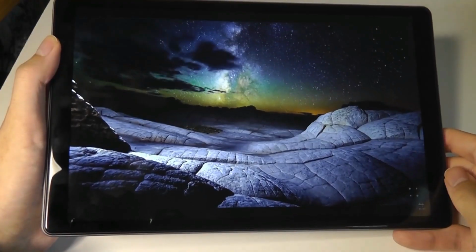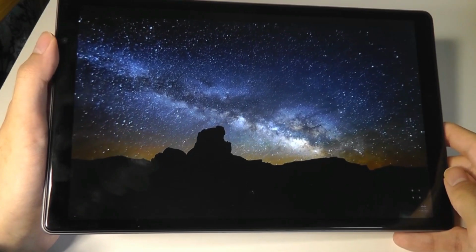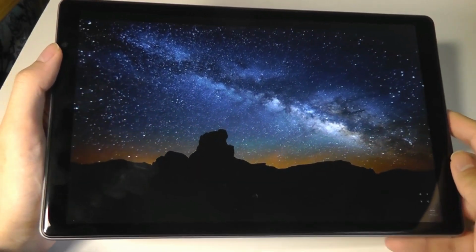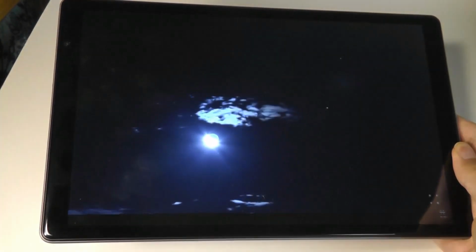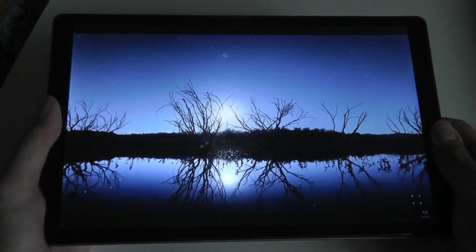Videos, again, do load only to 720p, but it still is a pretty cinematic experience thanks to how small the bezels are. It kind of makes you feel like you're holding onto content as opposed to a device. So getting closer and closer to thin bezels. It still has a little bit on the sides, but that's kind of needed for you to hold the thing